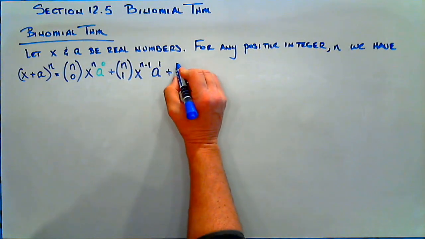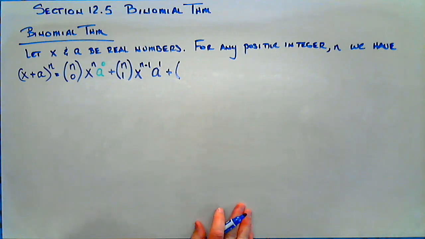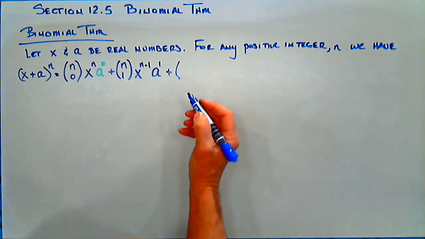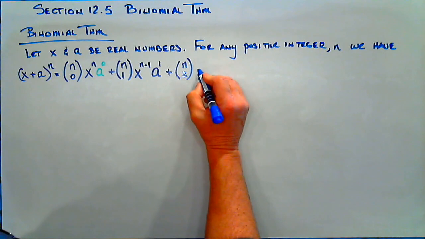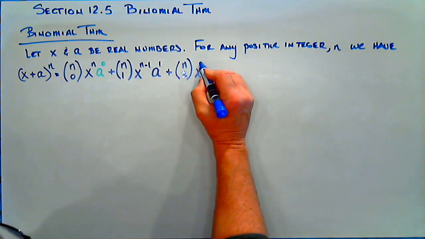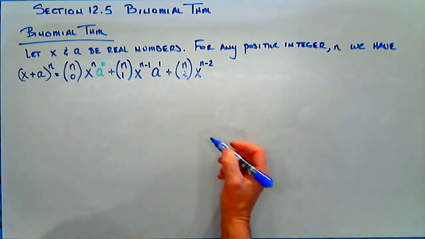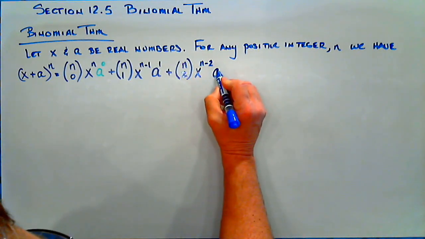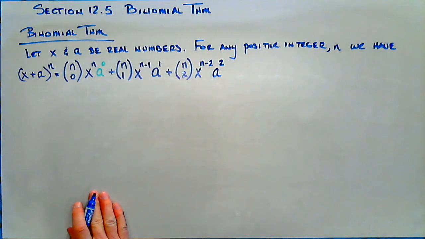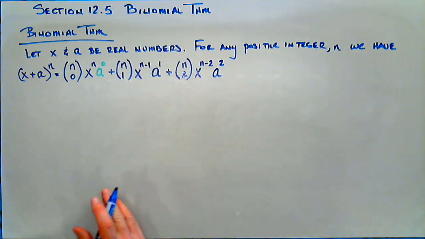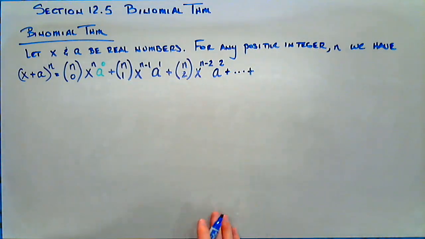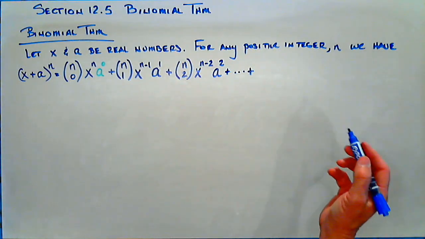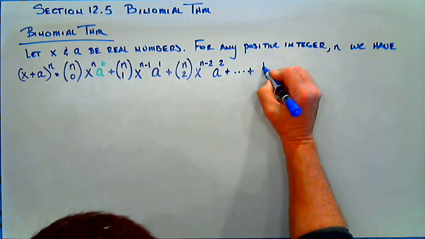What's our next term going to be? Can you write it down? Go ahead, write it down. Well, I hope you wrote n choose 2, x. We're going to take away 1 from here, so that's going to be n minus 2. We're going to increase this by 1. That's going to be a squared. All right? Now, this keeps going and going and going. And somewhere in the middle, we're going to get